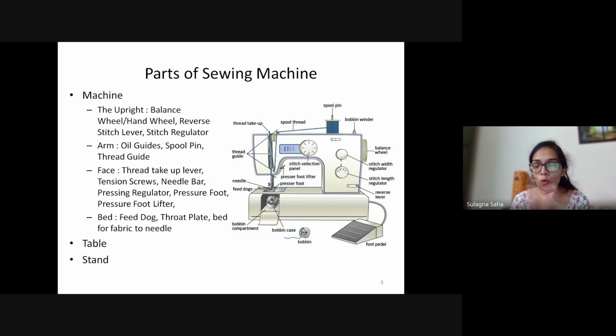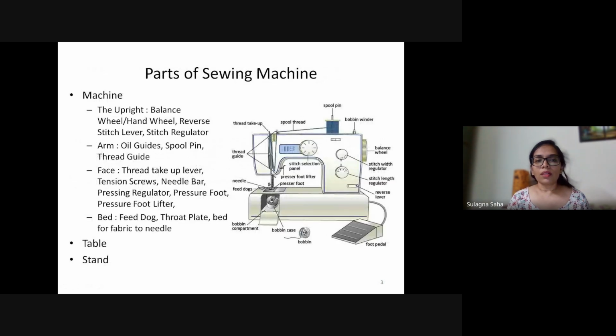So the latch holds the bobbin in place. It also has a tension screw. This tension screw essentially regulates the pressure in the tension spring, which in turn will control the tension of the bobbin thread. And apart from that, there is of course a table and a stand which has to be there.